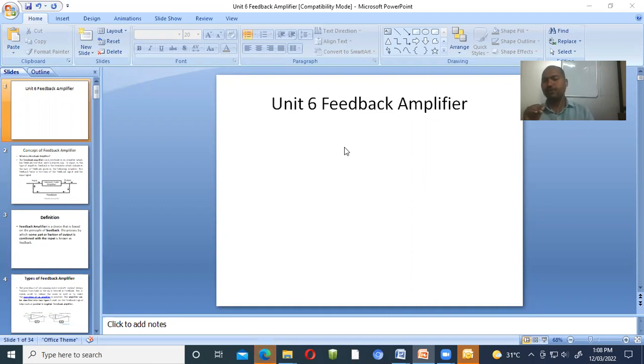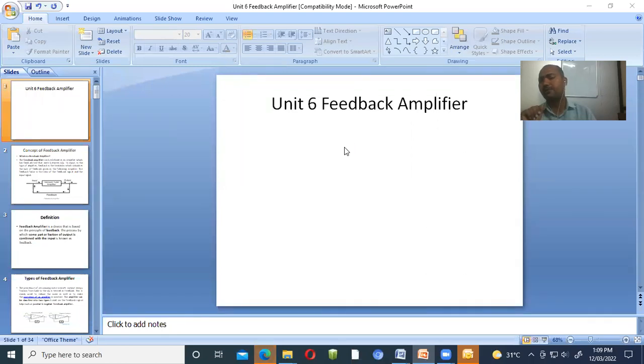After the unregulated power supply, we need the regulated power supply. For that purpose, you have to remove the ripple, that is, the unwanted component. To remove that unwanted component, we use filtering components. After that, we have the regulator. The output of the rectification is sent towards the filter, and the output coming from the filter can still change. So to give a non-changing, that is regulated, output, we use the regulator